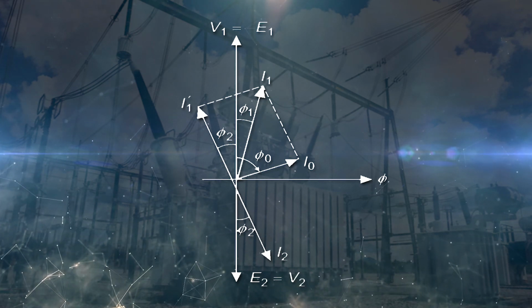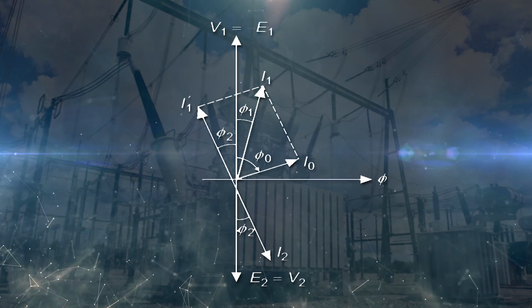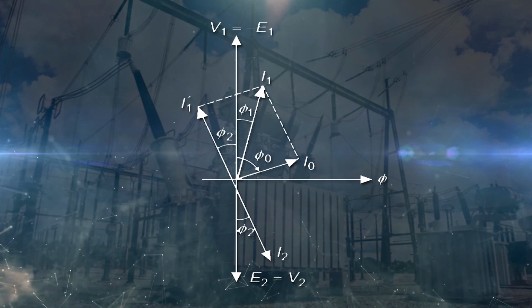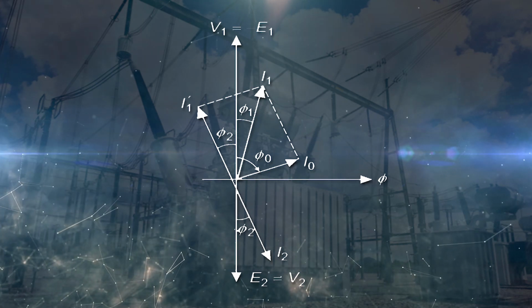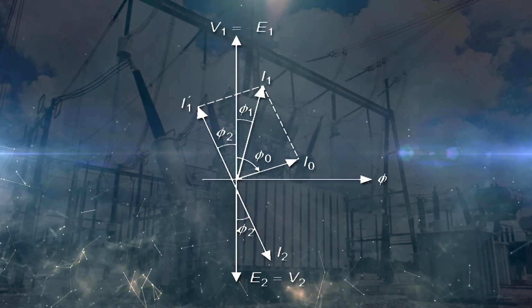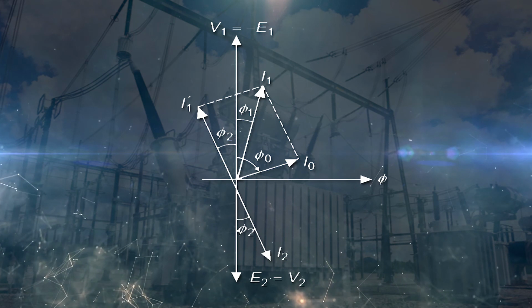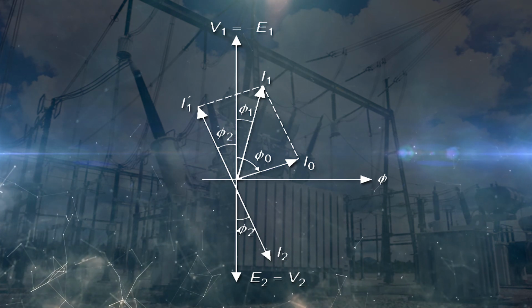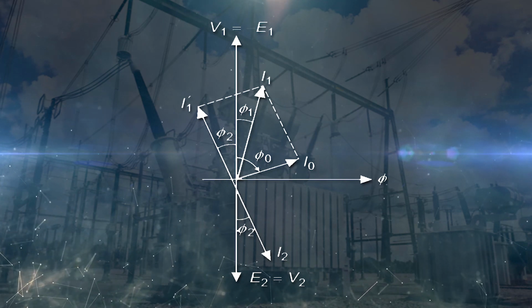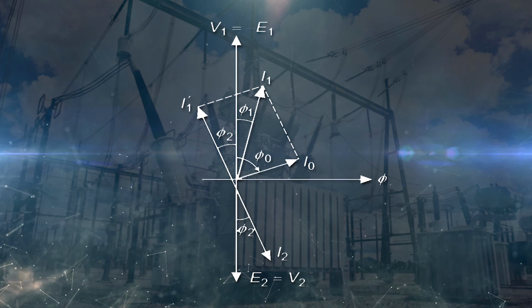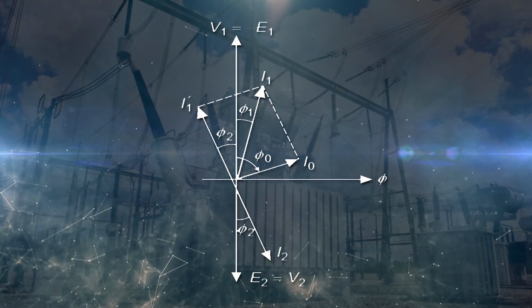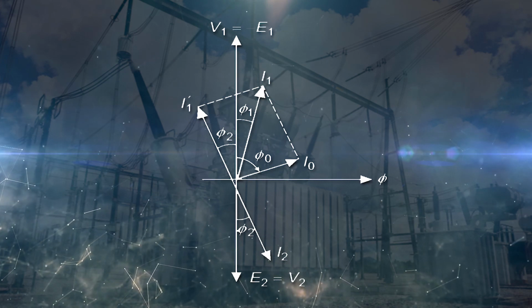Here you can see that the I2 current is leading by angle phi 2. Now the counterbalance current, that is the compensating current, is equal to I2. So I1 dash is lagging the voltage V1 by phi 2. What will be the value of current I1? This I1 is equal to the phasor sum of the currents I1 dash and I0. This is how you can draw the phasor diagram for the resistive load, inductive load, and capacitive load.